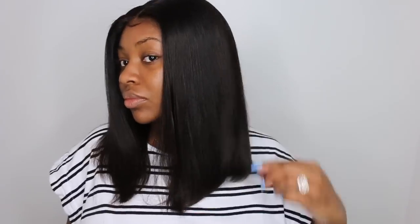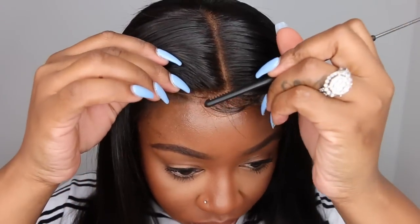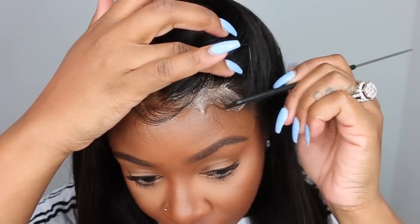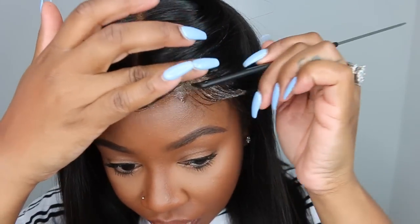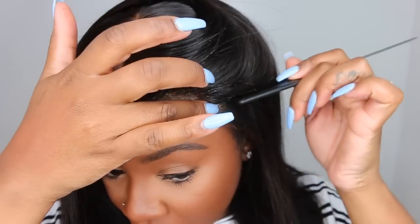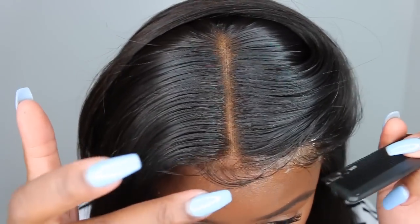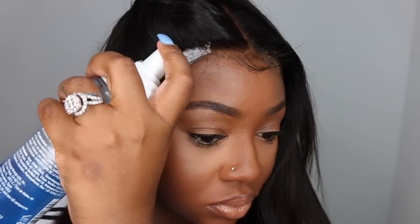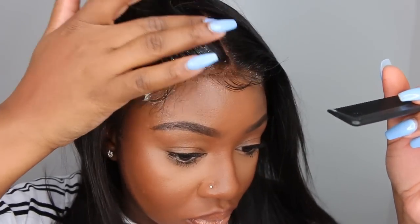Once I did that, this is the point where I was like, okay, I'm done, but I kind of want to play in it a little bit more. Literally, this is a 10-minute lace wig install. Again, it's glueless. I used no got to be glue, no bolt hold, no tape, no nothing. Literally just molded the baby hair down with foam lotion, but it lays down super flat, and that is because they make their wigs super duper flat. The construction of the cap is super snug, and the elastic tops it off so that the wig does not